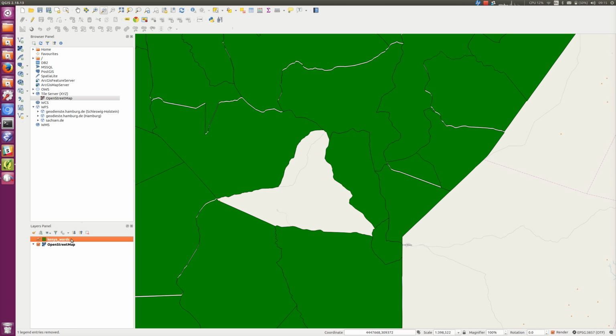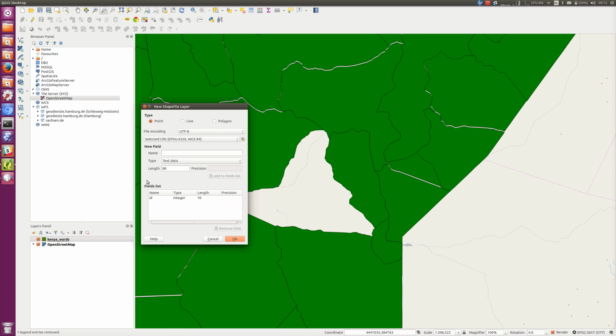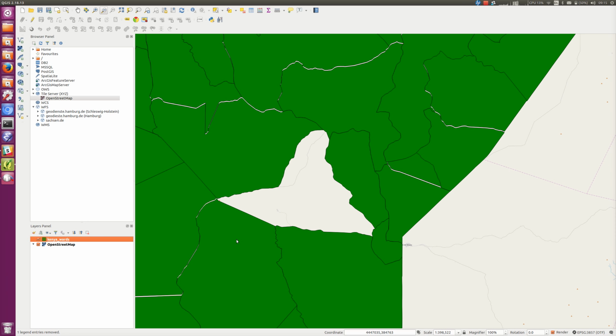So another way of doing this would be just to hand draw something which we are pretty sure covers that, but doesn't include too much extraneous data. I'm going to do that by creating a new layer. So we're going to need a new shapefile layer, and it's going to be of type polygon because we want to draw a polygon. Don't worry about what fields we want in it for the moment. If I click OK there,